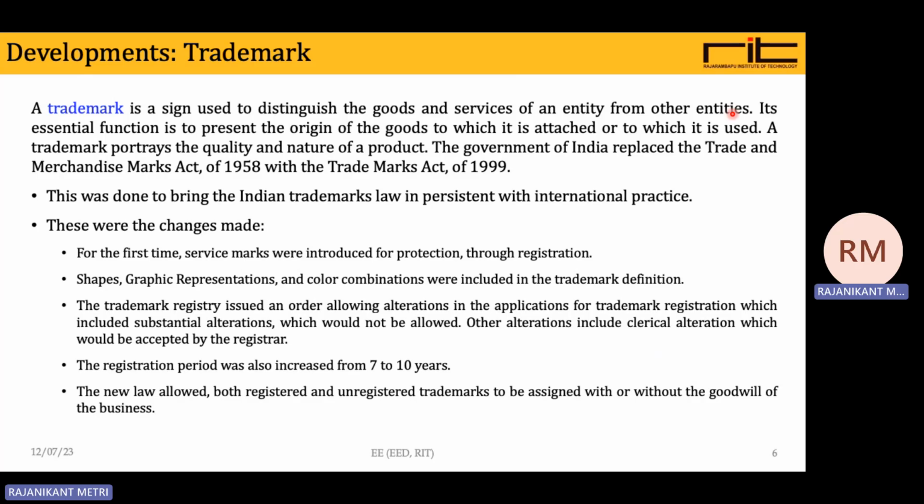Its essential function is to indicate the origin of the goods to which it is attached or used. So what is its main function, for what purpose it is used. A trademark portrays the quality and nature of that product,